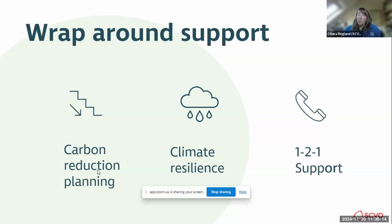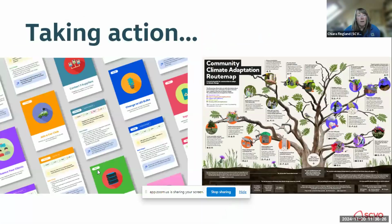And we also have one-to-one support available through myself as a Climate Development Officer. So please do get in touch after this if there's anything you want to talk through in more detail, or if you want to find out more about the training. As I say, it's all about taking action. With the scorecard, we were just trying to give people a picture of where they were at. And then these two training packages are about supporting organisations in the sector to move into that taking action piece and not get too bogged down in the numbers, but really understand where the big rocks are that you can make a difference on,